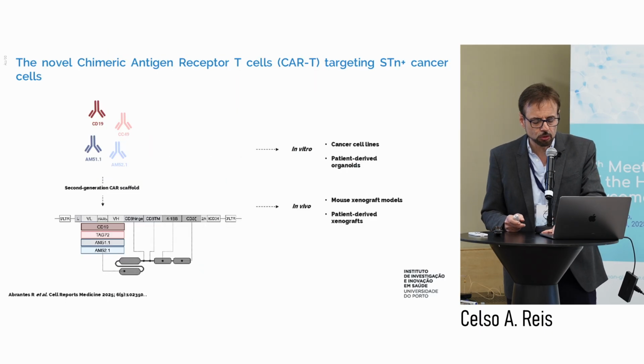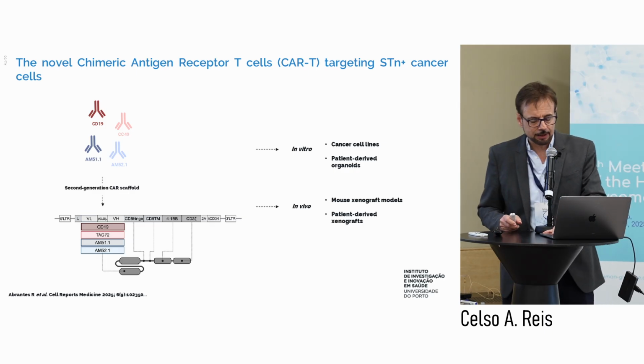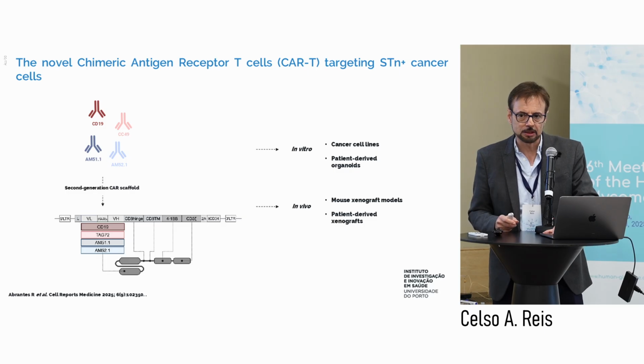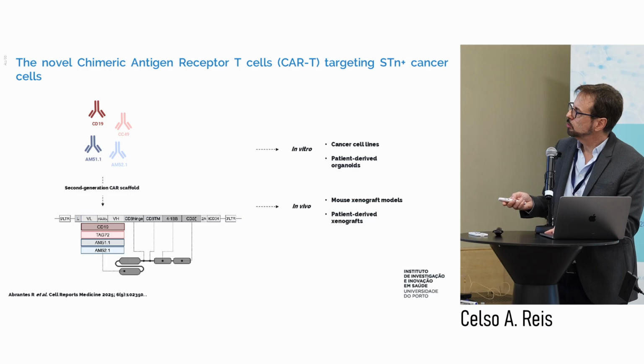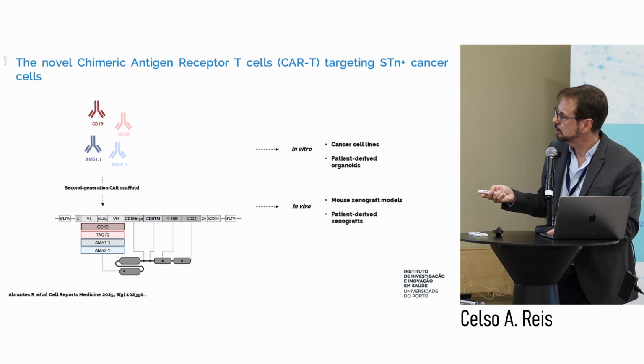So we decided to move on to make a CAR in the hope that we could develop a new CAR T. So we used not only the 2 new monoclonal antibodies, but also the TAG72, which is described for a long time as an anti-CLOTN, and also we used a control, not related, CD19, that some of you may know.